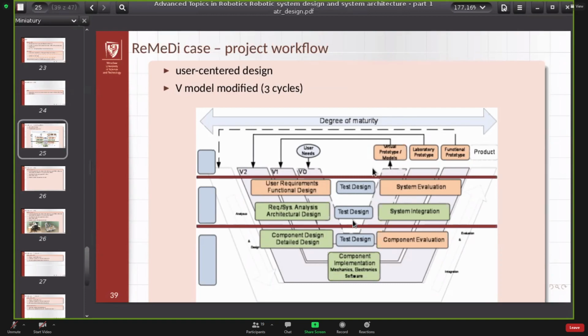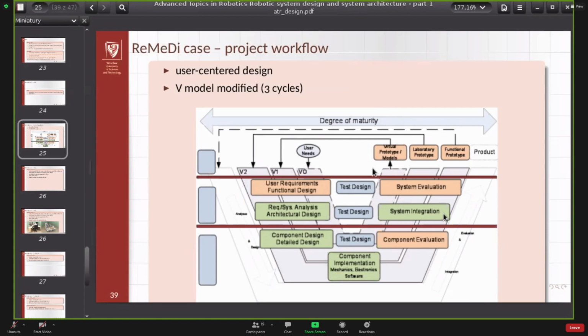So you already know how you will be testing it. So you start with user requirements and functional design, and at the same time, you design how the whole system will be evaluated. Then at the second level, you prepare the architecture,